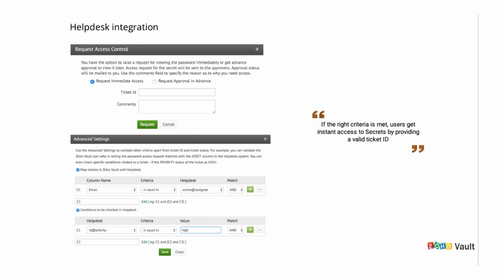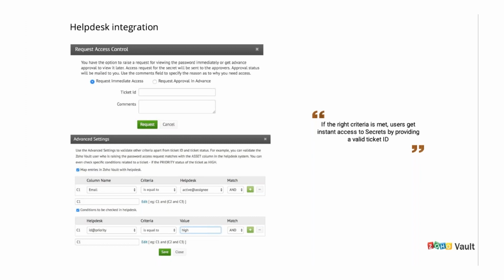Similarly, you can configure different types of criteria, like let's say if the ticket has very high priority and you need to fix it immediately, or if the due date of certain tickets is very soon and you need to close them off quickly, or any other conditions from the bulk of conditions and criteria that you'll find in the advanced settings option.